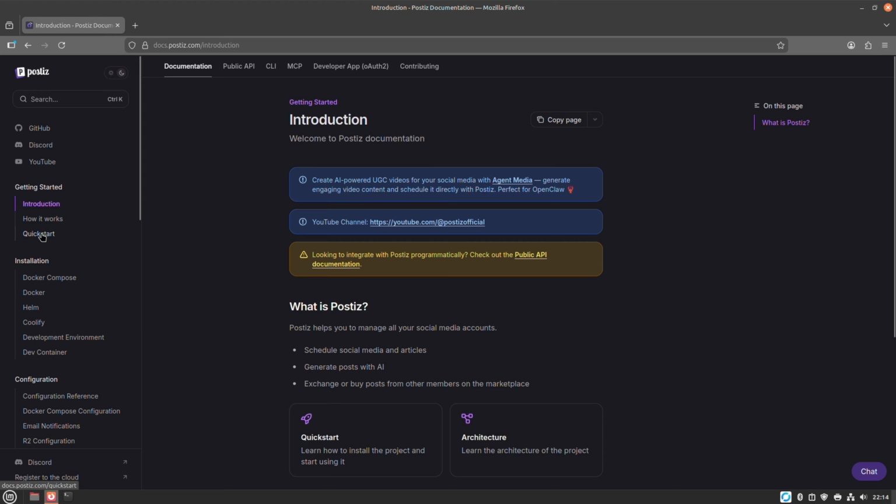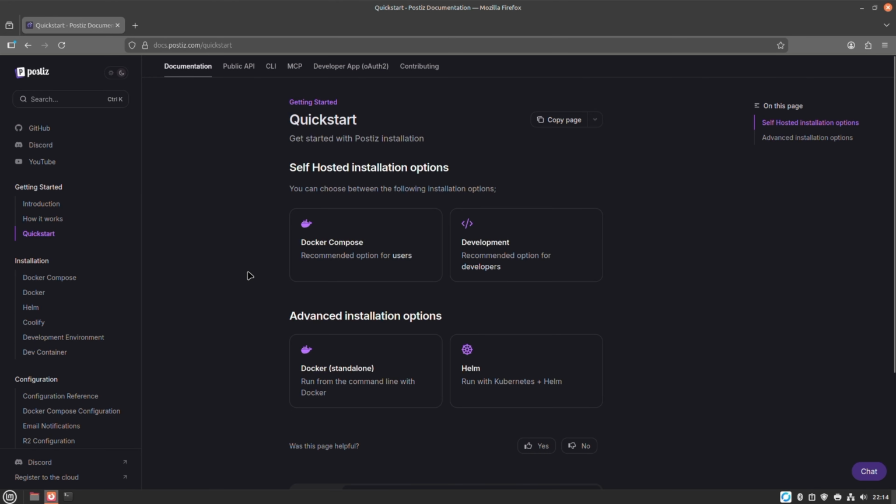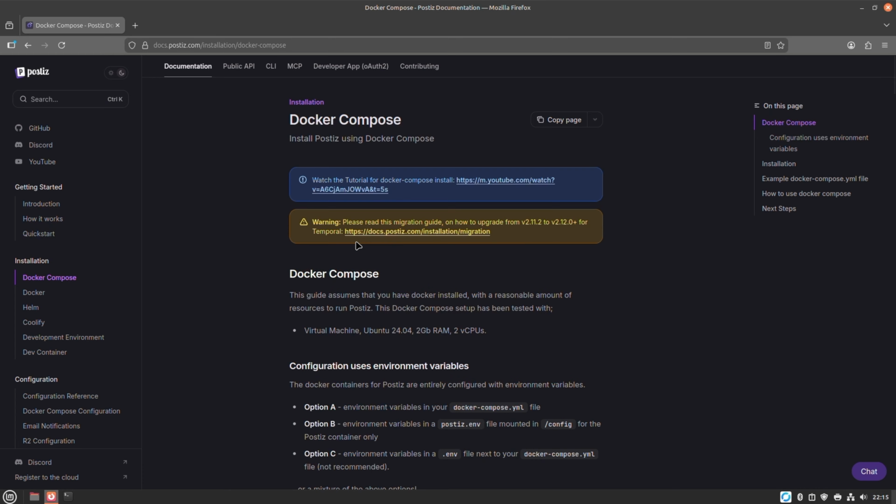and jump into the quick start. As you can see here, for the quick start, Docker Compose is our recommended option to use. We will go there. And as a prerequisite, you can find it here that it says that you need to